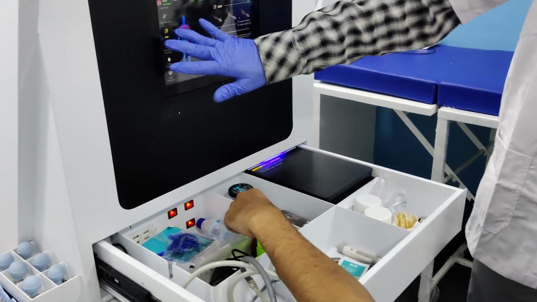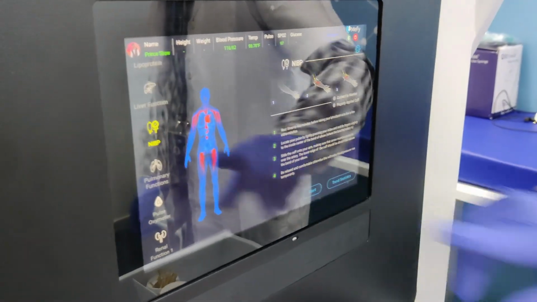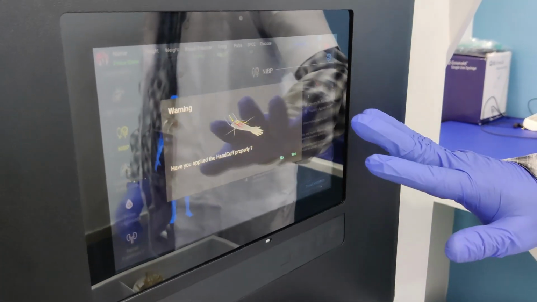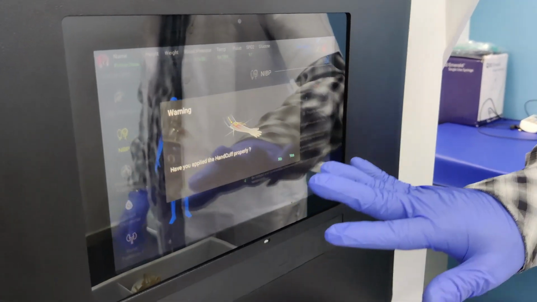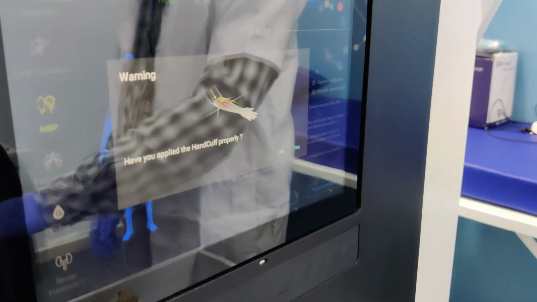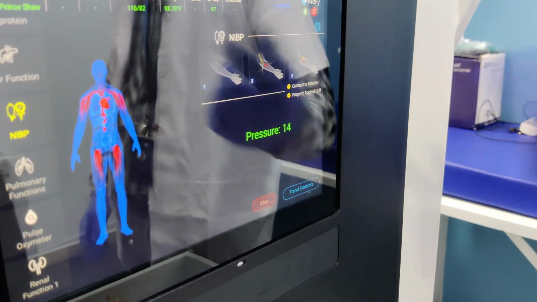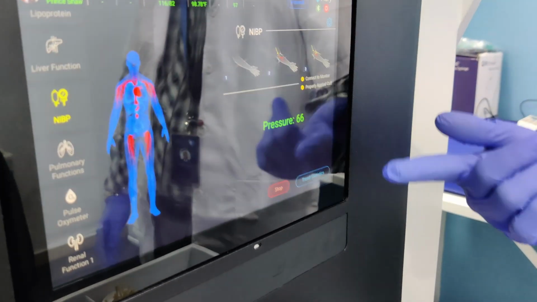So I selected the test menu, NIBP, and I'll say start test. It gives you an instruction to confirm whether the hand cuff has been properly applied or not. You just have to say confirm yes, and it starts building up the pressure.